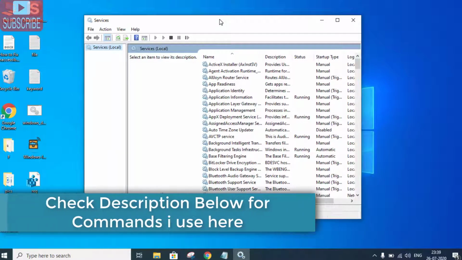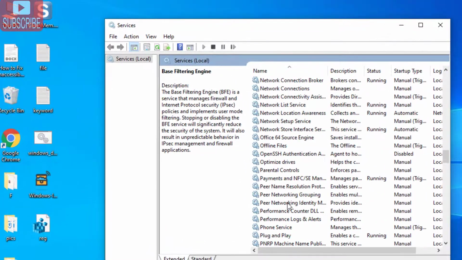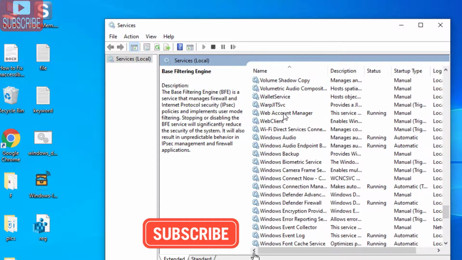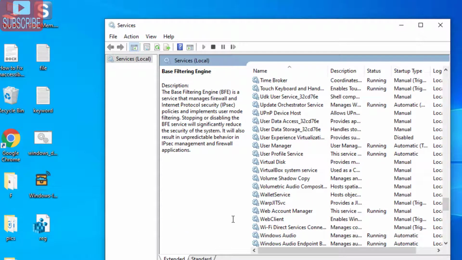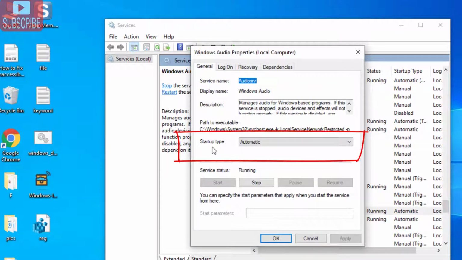Once the Services.msc is open, you need to locate two files. The first one is Windows Audio. It will be in the alphabetical view. This one is the Windows Audio. Double click on it to open it. And here make sure the startup type must be automatic. If it is by default manual, disabled or delayed start, make sure you make it automatic and apply and hit